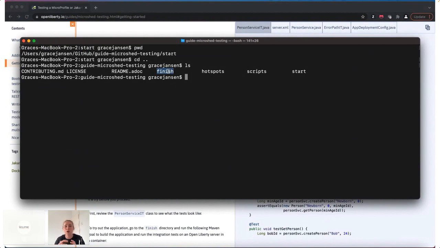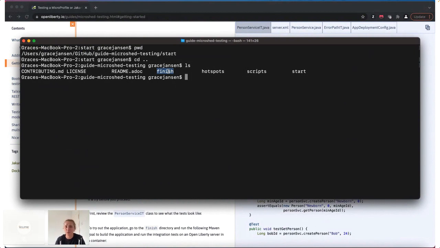But the way that our guides are all set out is we have a directory structure that's the same throughout. So you can see this directory structure in my terminal here. We have a finish and a start directory. The nice thing about having both is that if, for example, you want to try out your application as it should be at the very end of the guide, then you can, and you can see what it should look like. If you just want to cheat and not do the guide, you can just use the finish directory, but